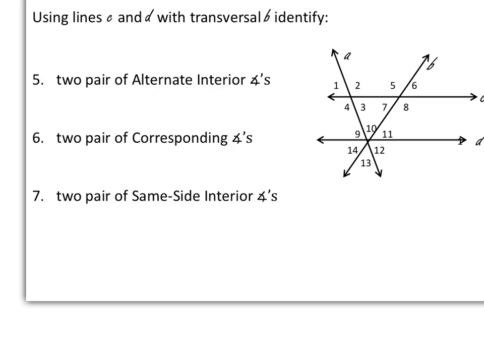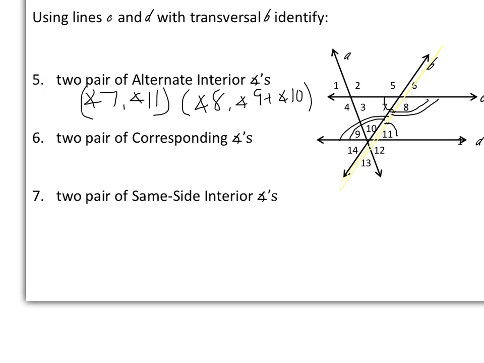Okay, the next thing we want to do is use lines C, D, and transversal B to identify two pairs of alternate interior angles. If we highlight transversal B, and I have angle 7 as my first alternate interior angle, the alternate interior angle to that would be angle 11. For one other pair, if I select angle 8, the alternate interior angle to angle 8 would be angle 9 plus angle 10,